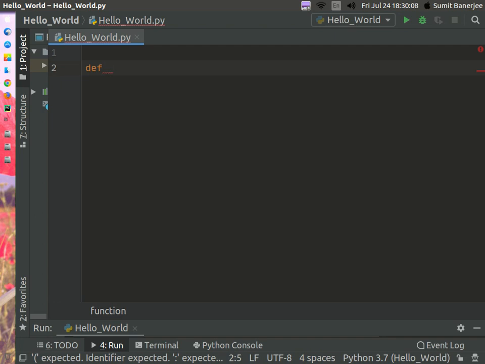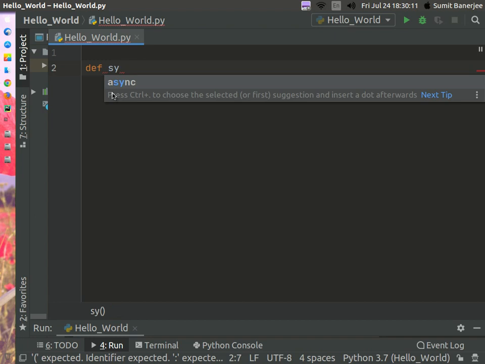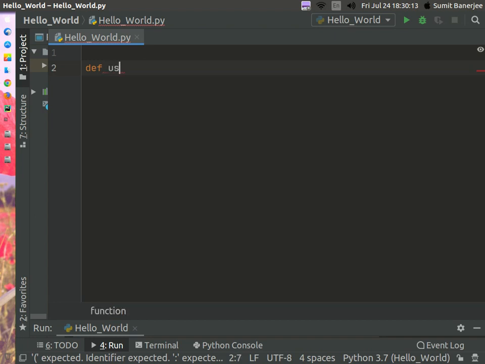So let me just say user hi. After that, you need to add an open and close parenthesis and then a colon and then enter. As you can see, PyCharm has already indented it, as it is necessary because in Python, to know that some line of code is in the function, you need to indent it.